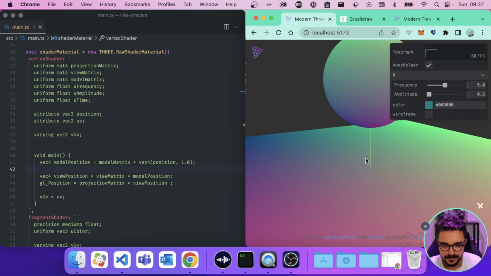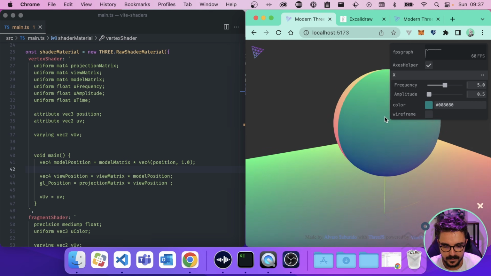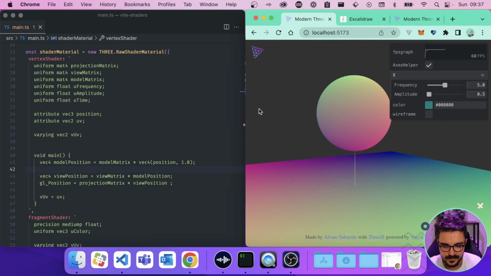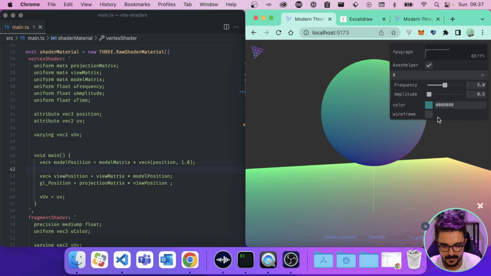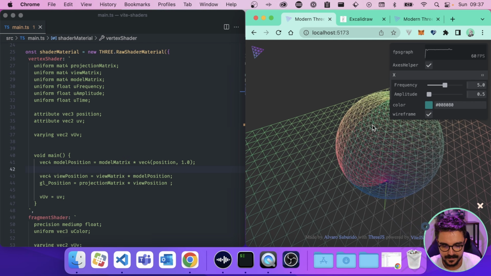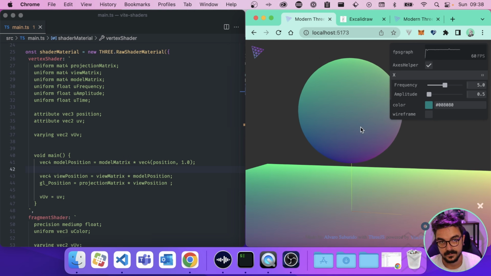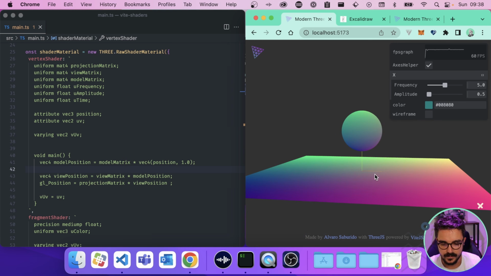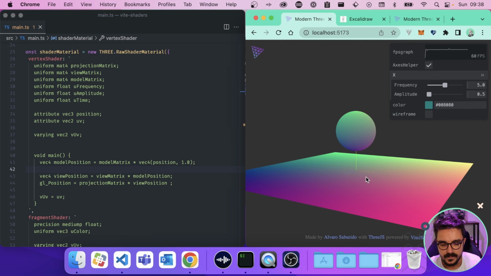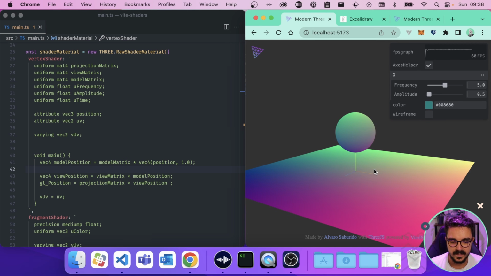And look at here. This is the UV unwrapping of the sphere. Okay, you can see that actually at a certain point it cuts, right? It looks different here. Okay, because this is the UV unwrapping of a sphere. You can do it with a cube, you can do it with whatever geometry you want. So this is pretty handy. I use it a lot whenever I don't have any textures and I don't want to worry about the color, but I want to see how it will look on the final object. I use this kind of debug colors from the UV. And it looks kind of cool also.